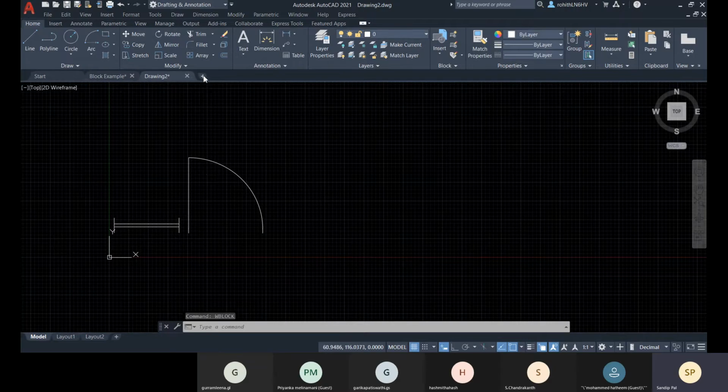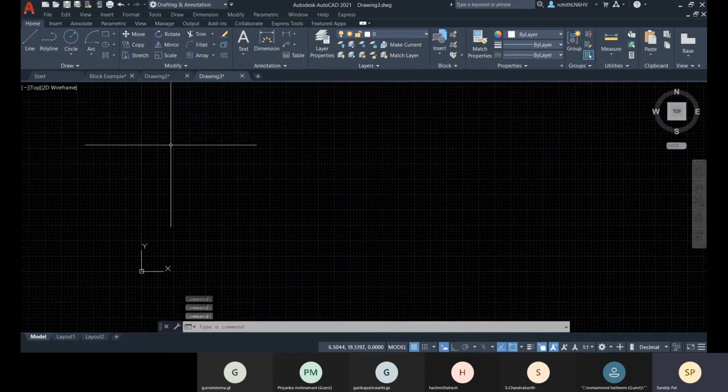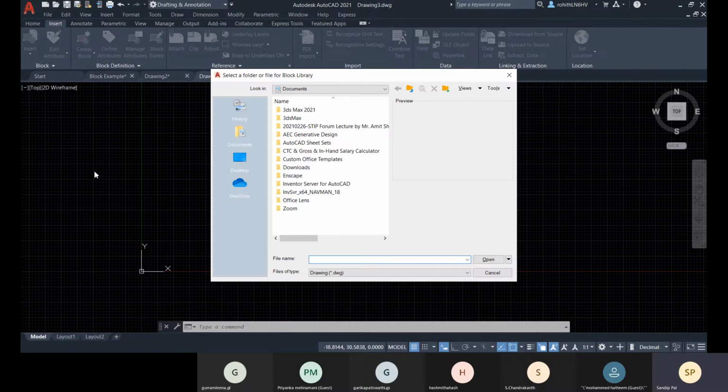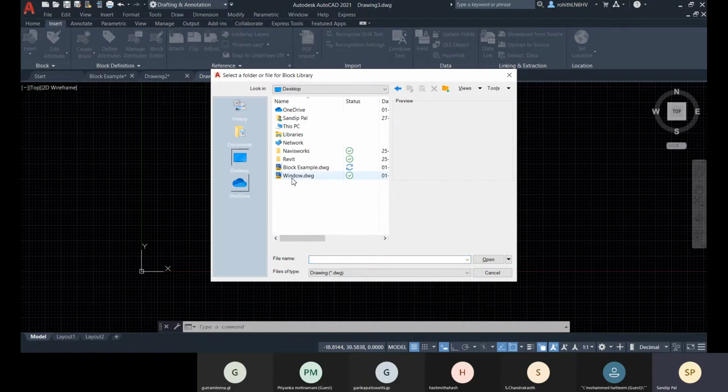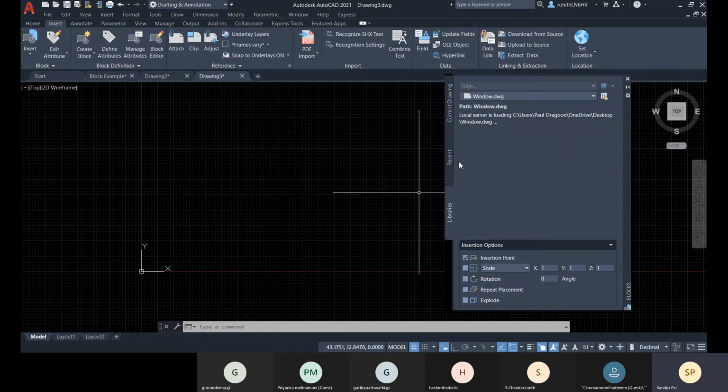All right, and here how you can insert it, so you come to this insert tab there, and there you can go for this block from libraries there, and you can come to desktop and window.dwg, open it,